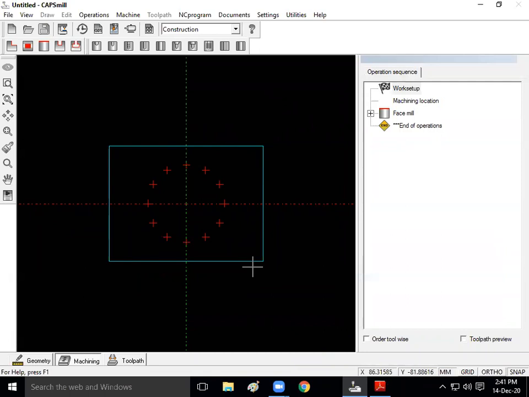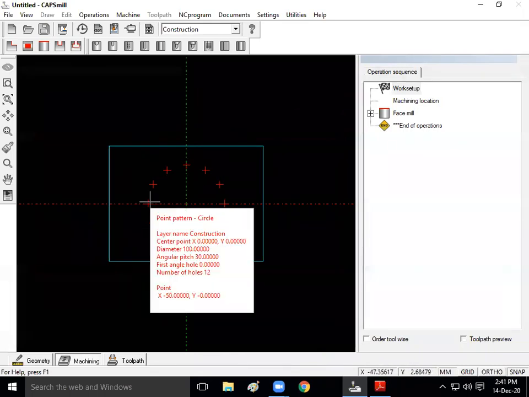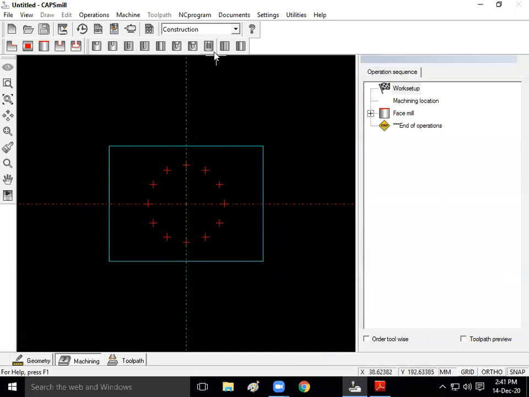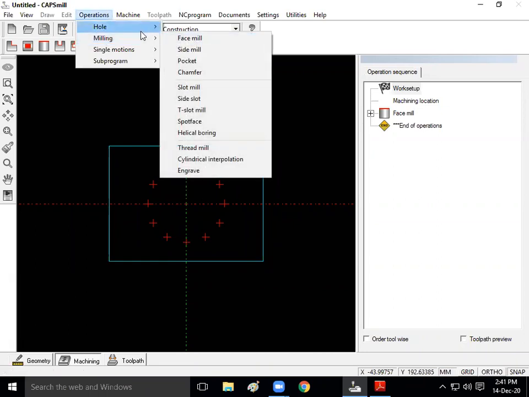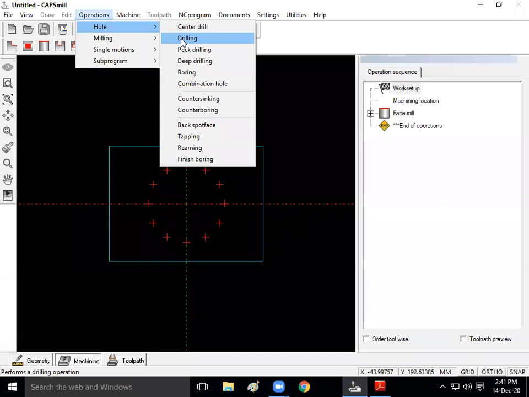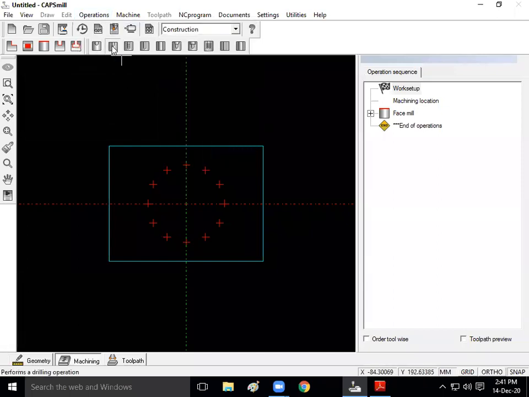So after face milling, the next is I need to drill the hole. So there are 12 holes of diameter 10 mm. So to do the drilling, I need to select the drilling command. Here you can see we have a drilling command. Either you can directly click on this command, or you can go for operation, milling, hole drilling. Okay, so I'm going to select this drilling,